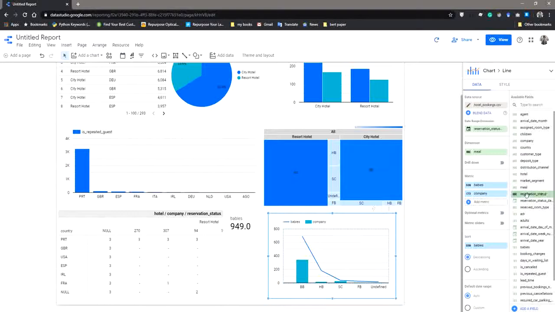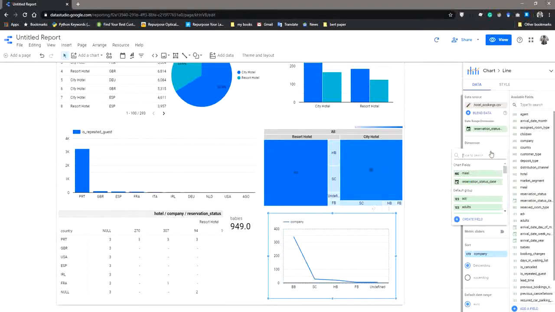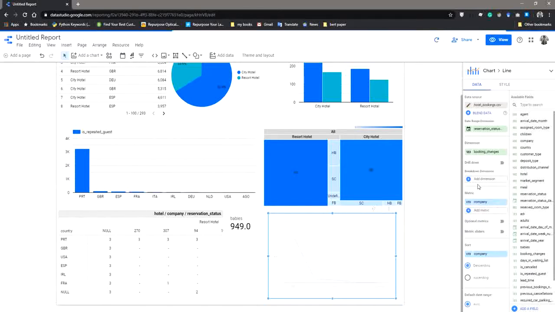How can we do that? We just remove this babies column here and this meal column too. In the dimension, we change this to booking changes. We want to plot how many companies have booking changes.